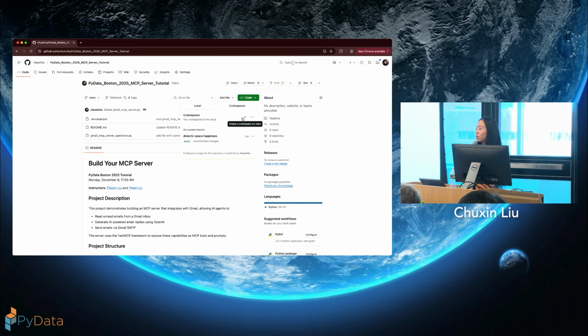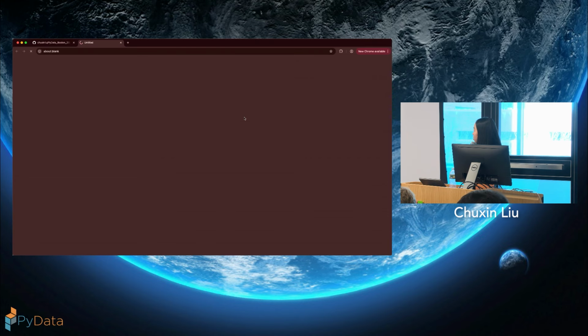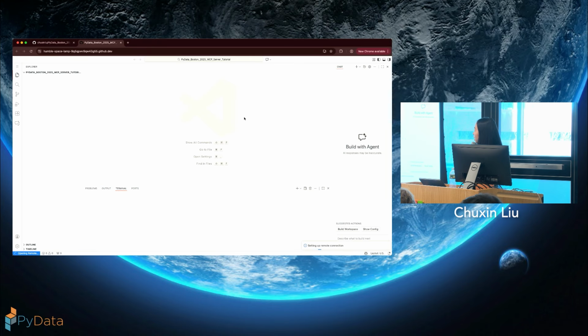If you don't want to log into your GitHub, you can download it to your VS Code. If you want to use this, which is easier, just stay on this website, and then you have to log in. Once you log in, you click on this green button, Code, and then you see Codespaces, and now you can add a codespace. There should be a green button that says create a codespace, and then we will be here.